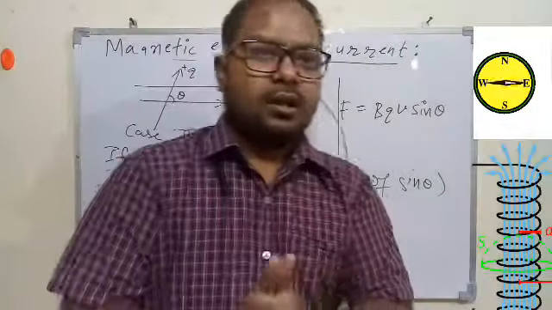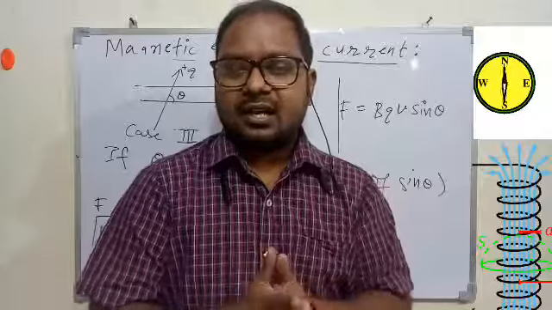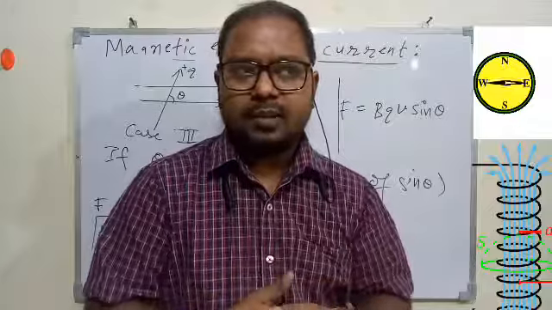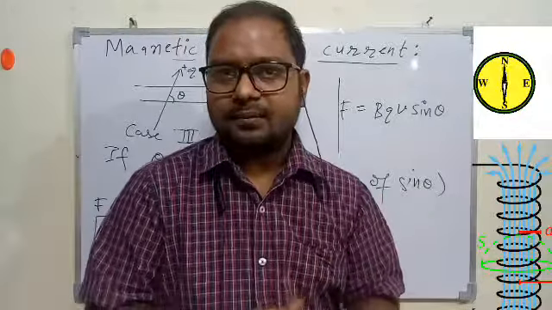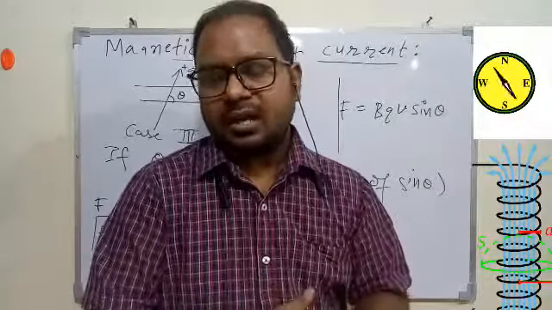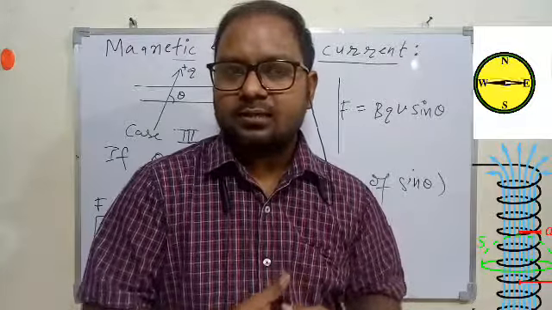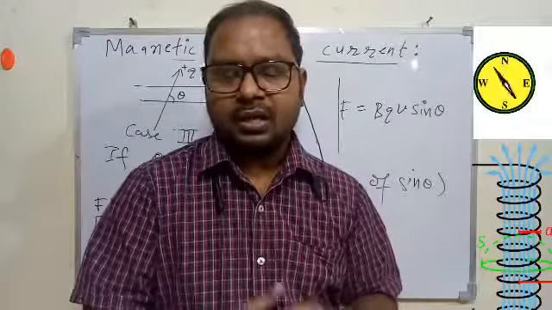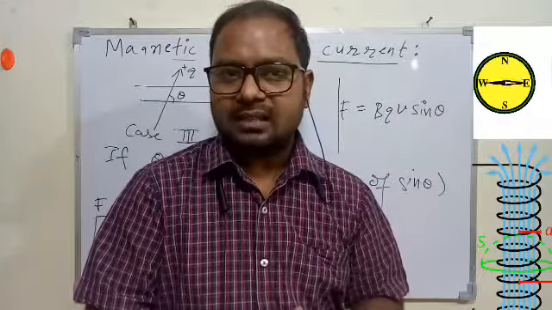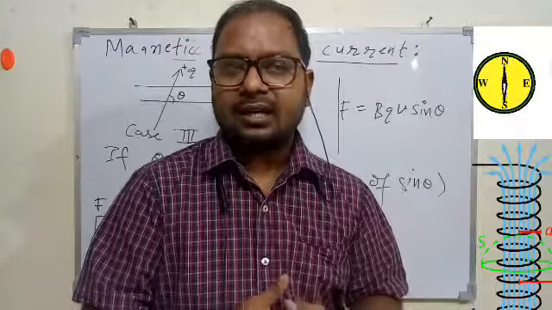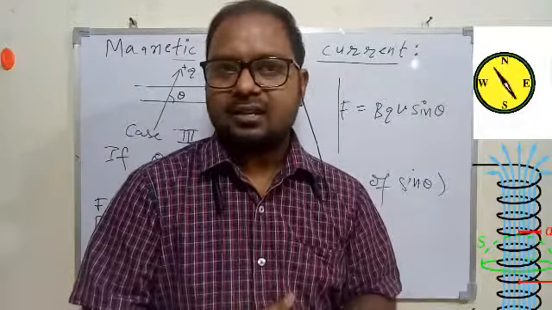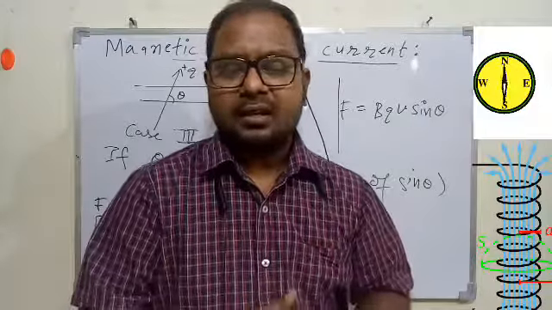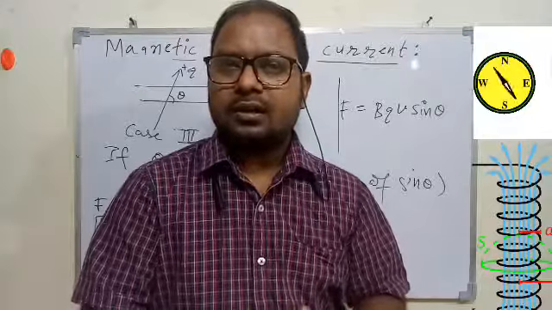Okay, so for today only this much. In the next class we are going to extend this topic. If a charge gets a force when placed in a magnetic field, then a conductor itself behaves as a magnet when current is flowing through it. So the conductor should experience force when placed in the magnetic field. That is the topic for the next class. A conductor carrying current behaves as a magnet, and it starts getting force when placed in an external magnetic field, and that will give the understanding of the electric motor.